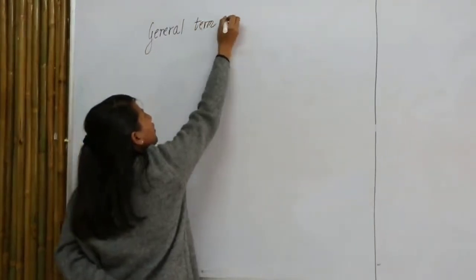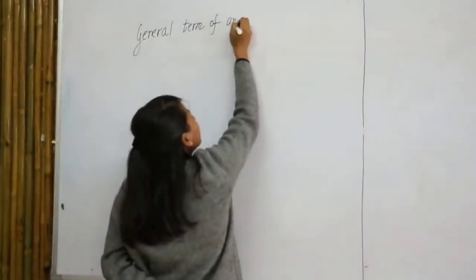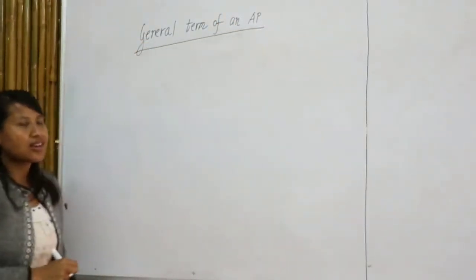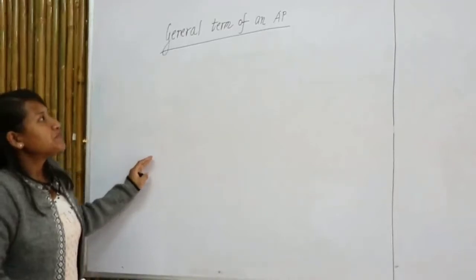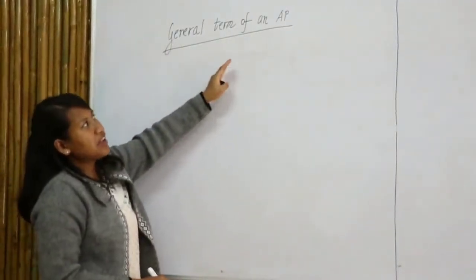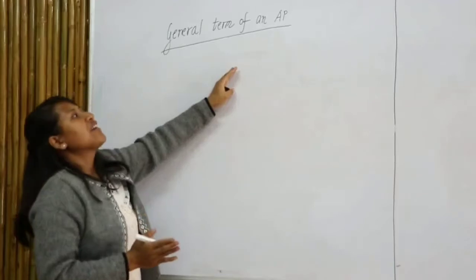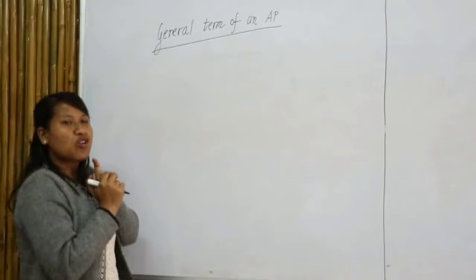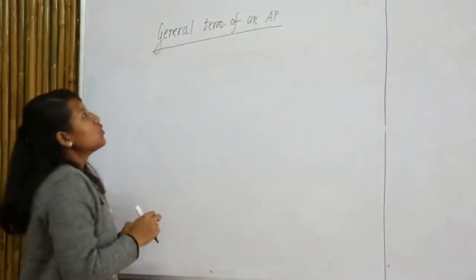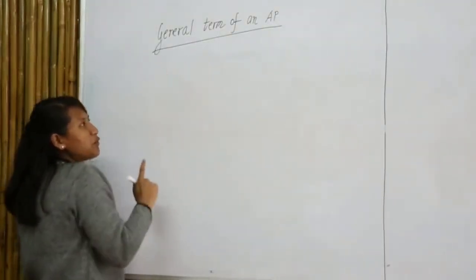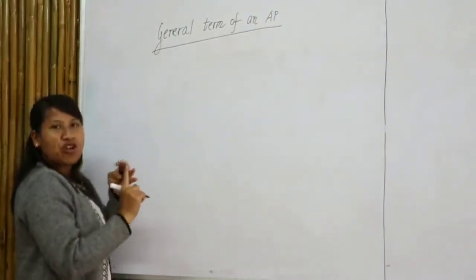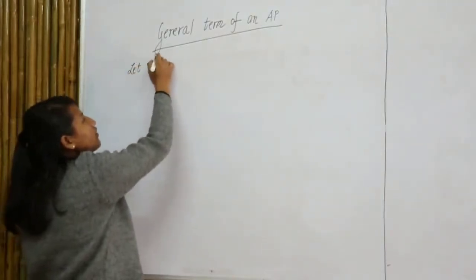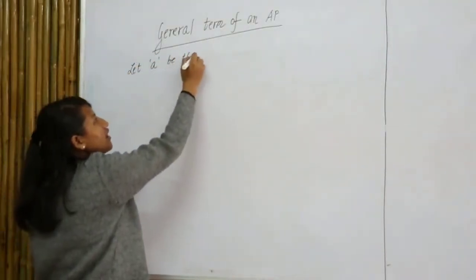The general term of an AP. So last class, an AP is a sequence. Remember that the terms differ by a constant number called the common difference. So you know that in an AP, first and foremost are the first term and the common difference. Those two are very important. The first term is always A,